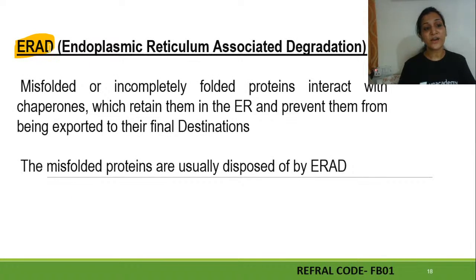If they are not folded properly and they are not even improving, so what will the cell do? The cell will definitely try to stop its activity. And if it has stopped its activity, it means that they are no longer needed in the environment, so they need to be degraded. So who is identifying these improperly folded proteins? We are saying that ER, endoplasmic reticulum, is identifying the unfolded protein. So ER will further lead the degradation of the misfolded protein.